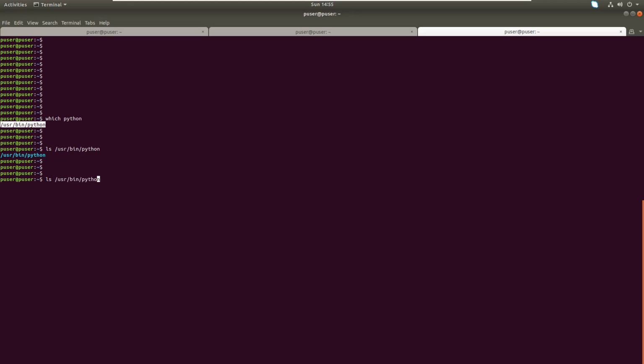So this is a path. This way we can find the location of any executable in Linux and Unix using the which command. So if we go to Windows,